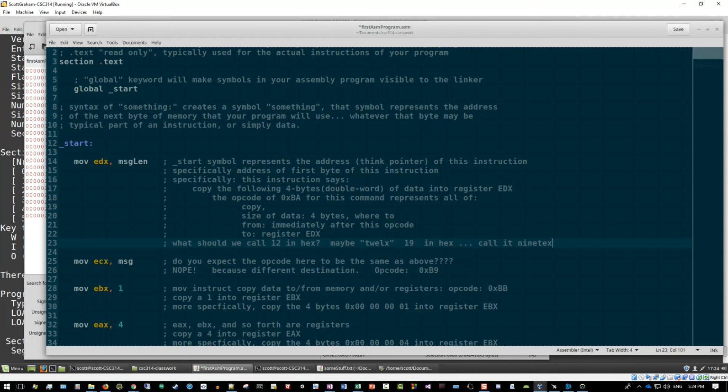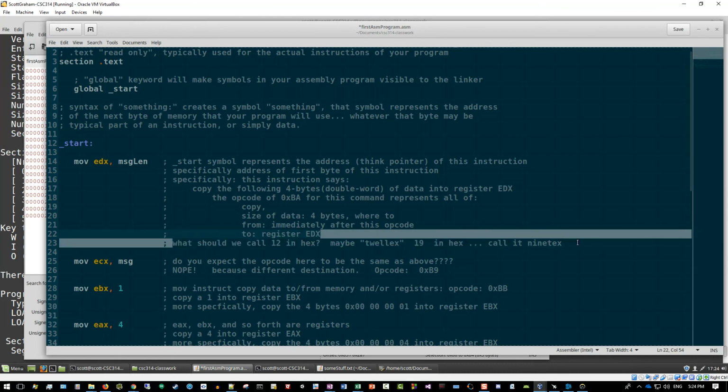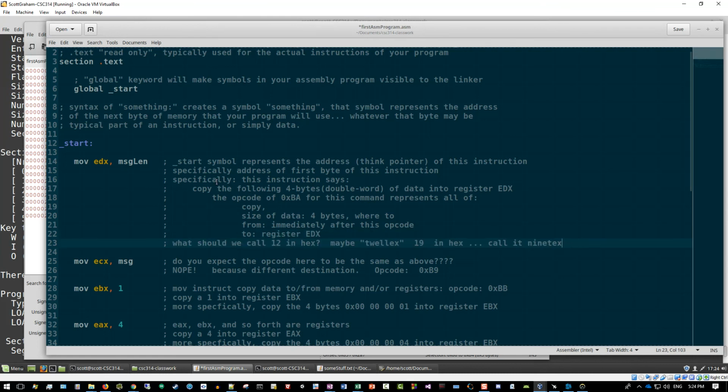I don't know, I'm kind of rambling here. At any rate, so it's something to think about. If we want to actually start working with hexadecimal numbers and talking about it, maybe we can call this twelx or twelix. Actually, I kind of like twelix. How's that? Twelix for 1, 2. And so maybe 1, 1 should be 11x. And so forth. I don't know. But something to think about. How should we name those things? Anyway,